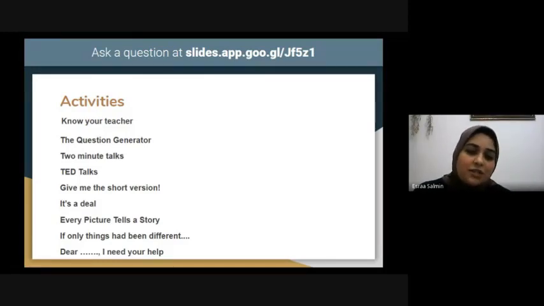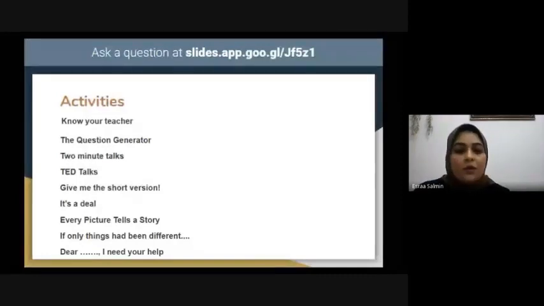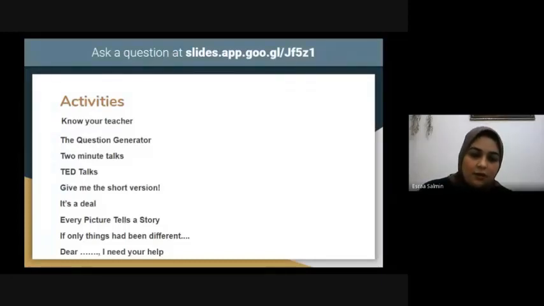Imagine a situation and ask them to work together and resolve this disagreement. Another activity that we can use, every picture tells a story. You can, for example, show them different pictures and ask them to give you a story behind this picture, or even write a story. So here we're talking about activities that we can use either in writing or speaking, assessing